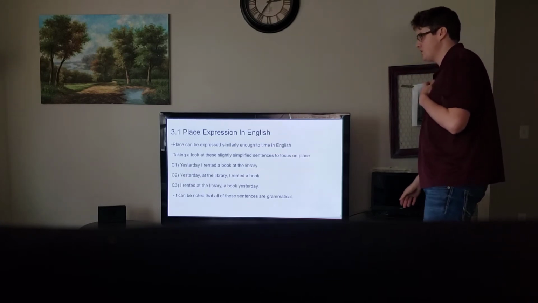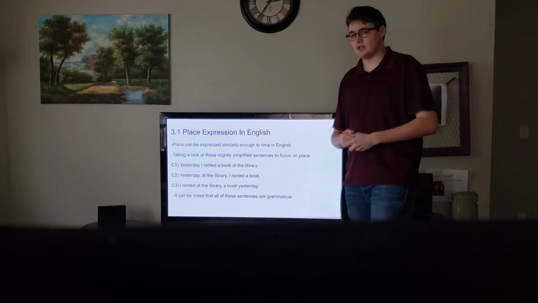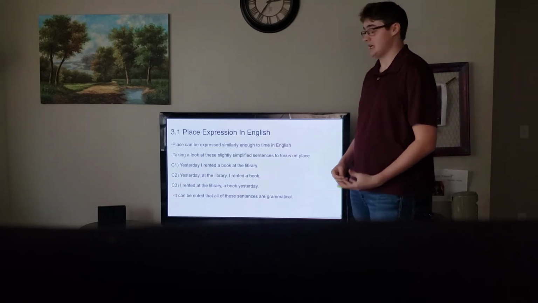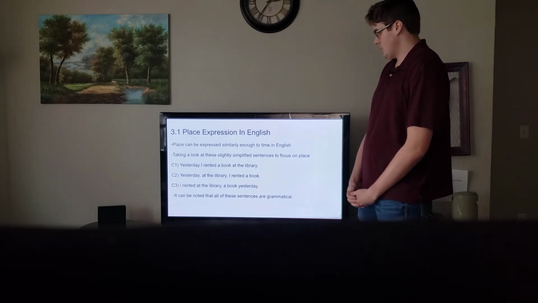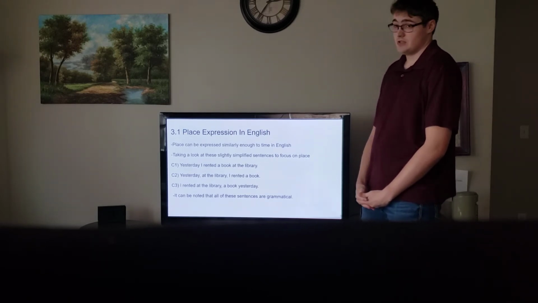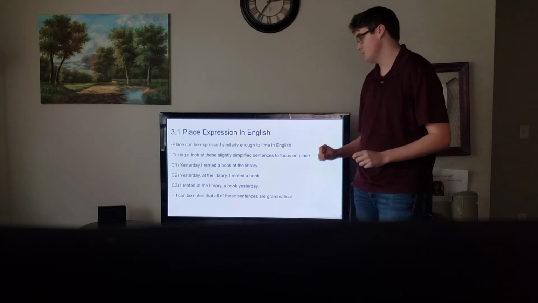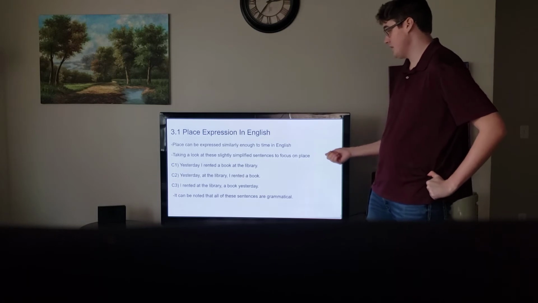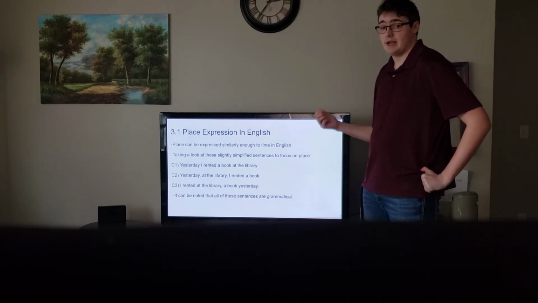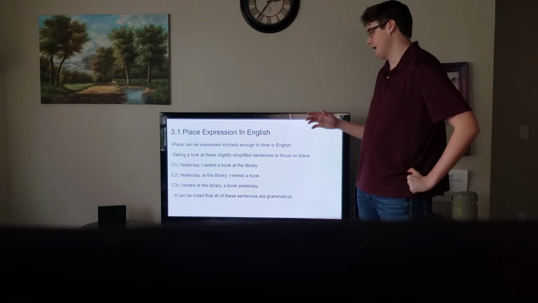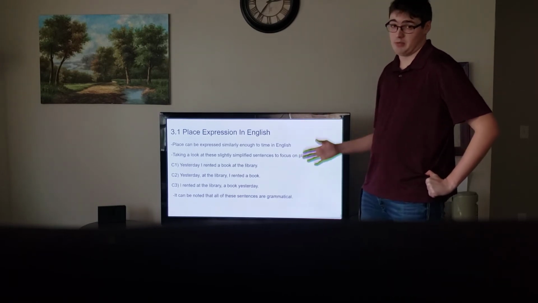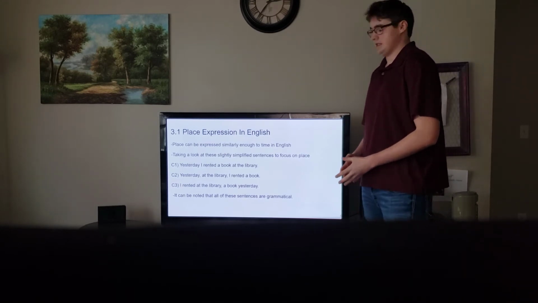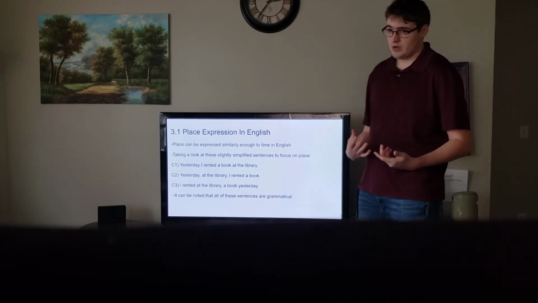However, we will find out through place expression in English. Place can be expressed similarly enough to time in English. Taking a look at these slightly simplified sentences to focus on place instead, we can read, yesterday I rented a book at the library. Yesterday at the library I rented a book, and I rented it at the library a book yesterday. Now, it can be noted that all of these sentences are grammatically correct, just like before,